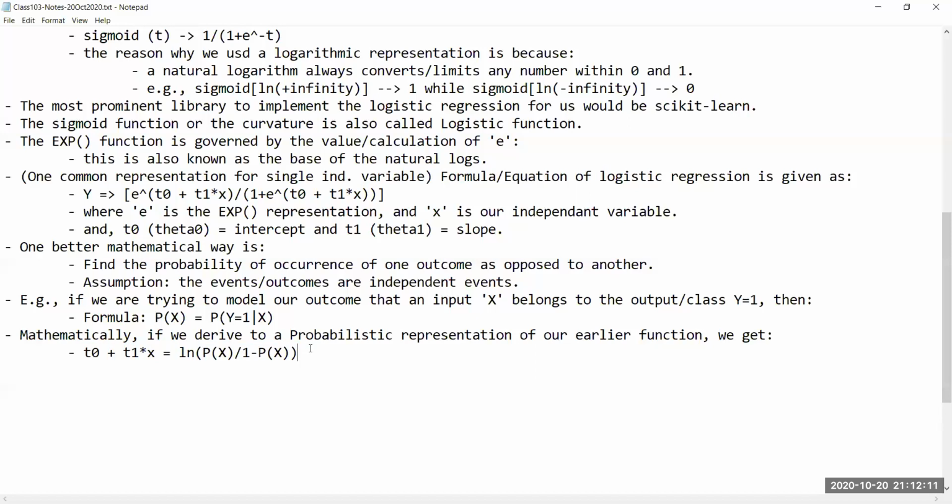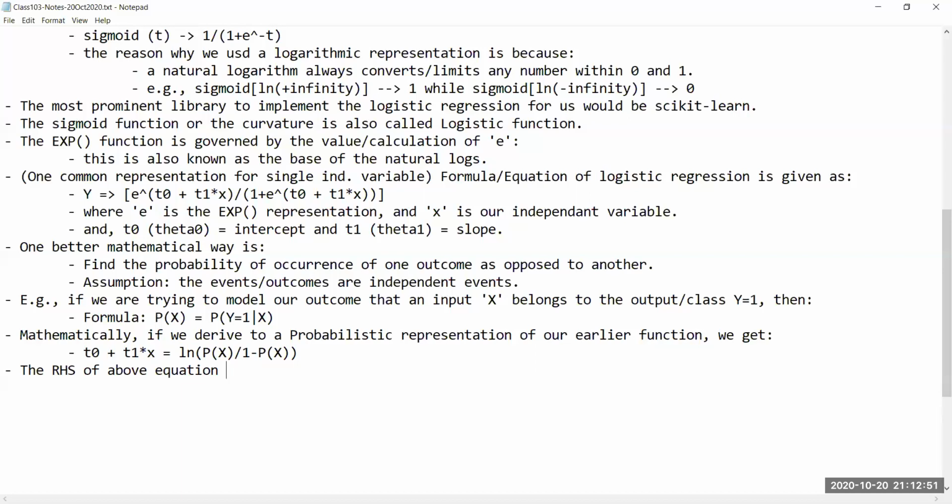right? Now, if I have a logarithmic expression, I can now use this, right? I can now use this part, which is on the right hand side, and there is a specific name to this as well. I can use that specific thing to find out the probability of one event happening if the other one is not happening, because the events are independent. This concept is known as the odds of the default class. So I'm going to take this and I'm going to put it over here. The RHS of the above equation,